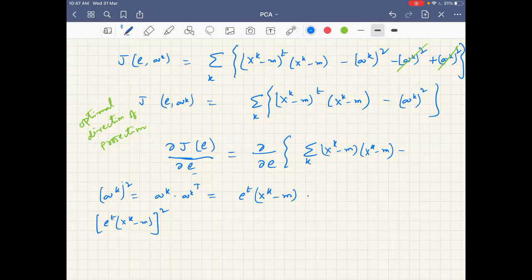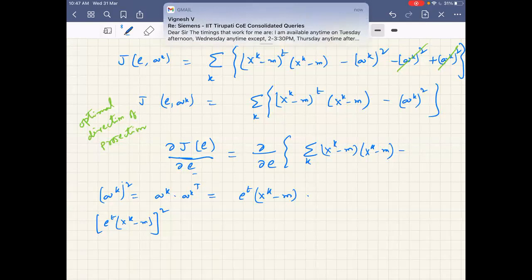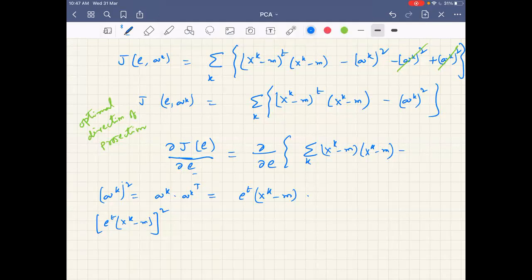In the third step, dou J of E by dou E equals, in that step we are going to get a scalar over there, right? That is the summation of (xk minus m). So the question is, should I need a scalar? Not necessarily. This is a vector, right, where I am differentiating now. Vector. Okay, just follow this, then we will discuss that aspect as well.